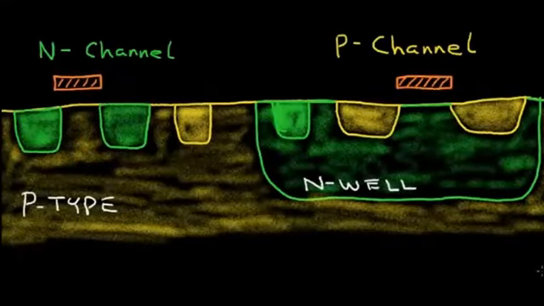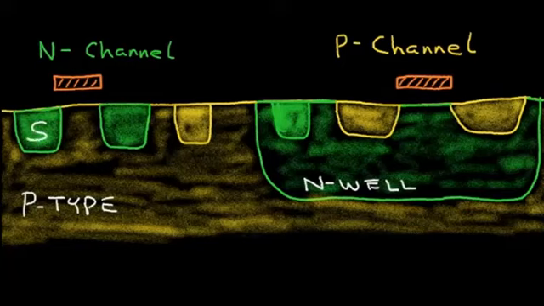In the previous video, I introduced the N-channel transistor that's shown here at the left. Now I want to introduce the P-channel transistor shown at the right, and then talk a little bit about both transistors. Now notice that the green is an N-type material. For example, this N-channel has a